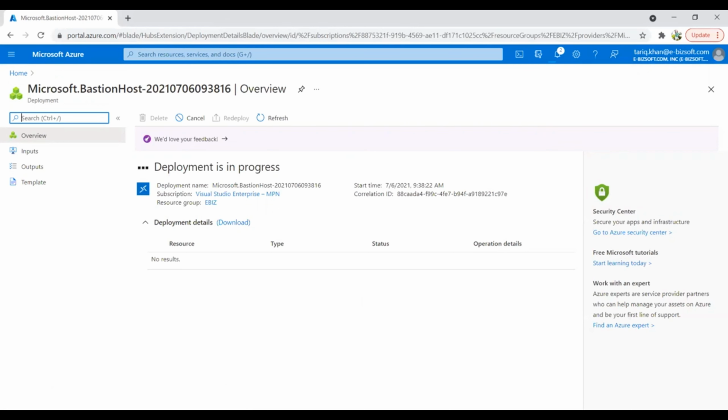So here you can see deployment is in progress. So as this process completes, then we will go and verify how we are going to connect with this Azure Bastion service.